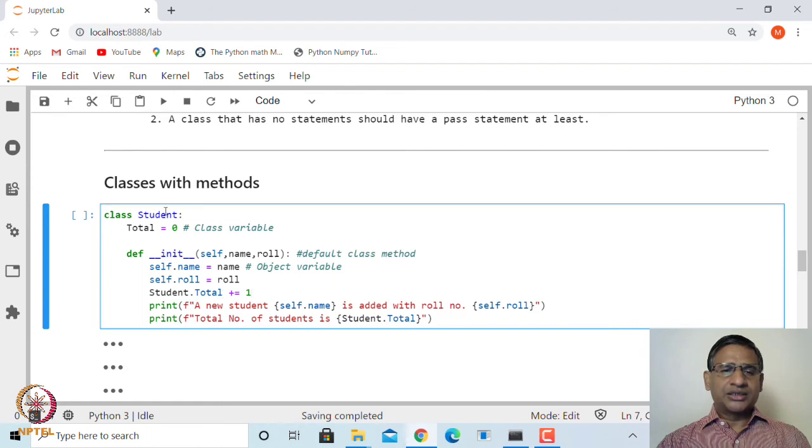So add this, and since this is a class variable, you have to access it using Student dot total plus equal to 1, that means the total will increment by 1.